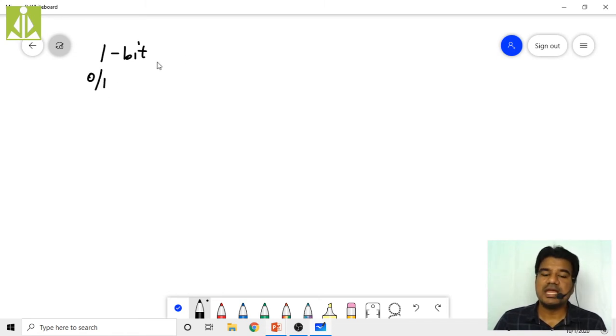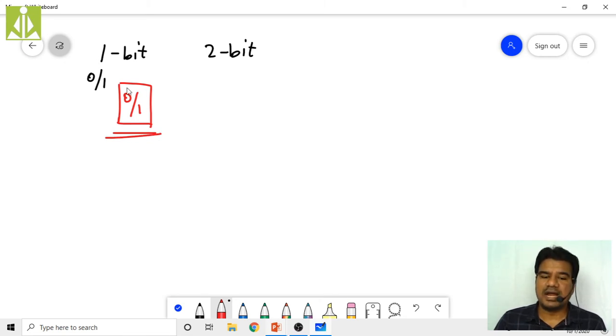Only two possibilities. If I take 2 bits as my key size, this is only 1 bit. So in this 1 bit, I can store either 0 or 1. I can store only either 0 or 1. So my possible key range is either 0 or 1. This is my key size, only 1 bit, and I can store only 0 and 1. So that is my key range. In my key range, how many possibilities do I have? 0, 1. Only these.